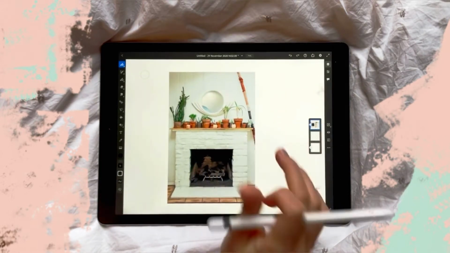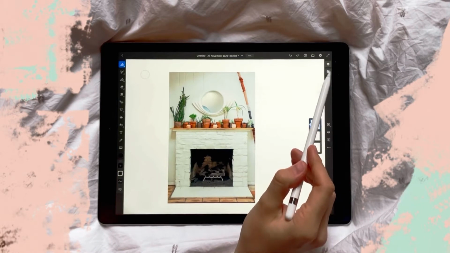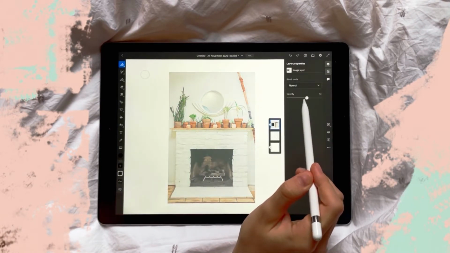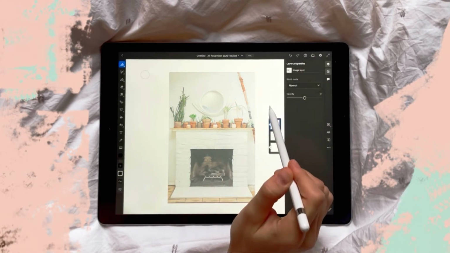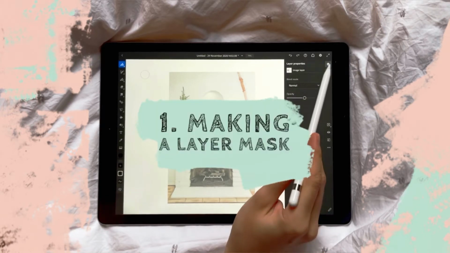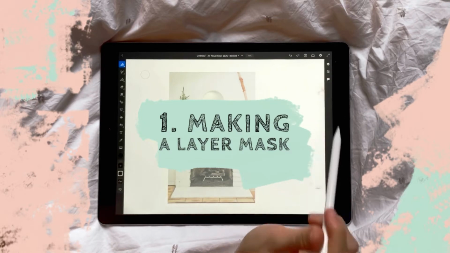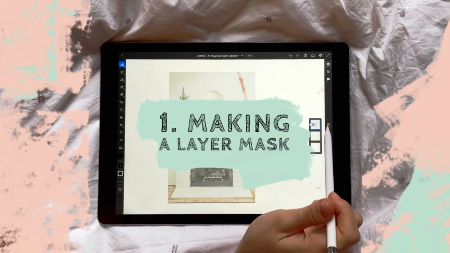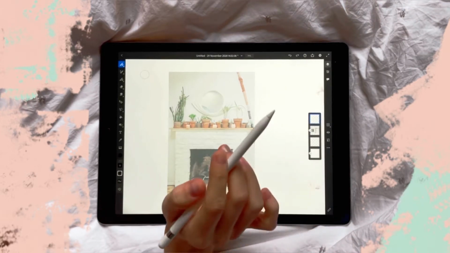You will see that Fresco has a layer panel on the right. It's very important that we use this feature and do all our artwork on a new layer. And first of all, let's make a new layer, and I'm going to show you how to make a layer